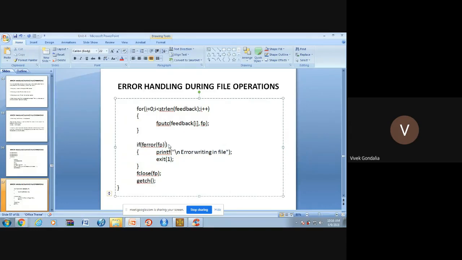Clear? So remember this thing, if there is no error, then it will reflect 0. And in the if, when you see 0, it will not run because it is false. But whenever it comes 1, some error is there. Suppose in my program some error is there, then this function will return 1 or -1, whatever. Then this if condition will be true, and it will print this message, some error in writing the file. So error is there, so you will get this message.